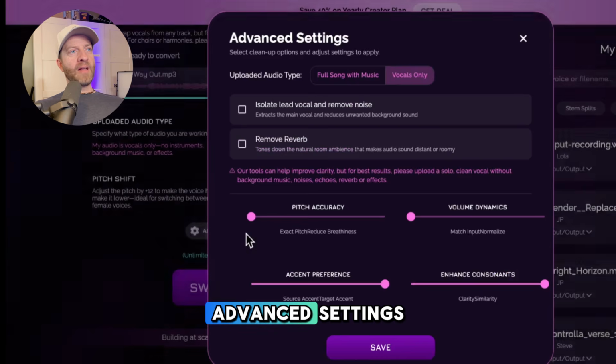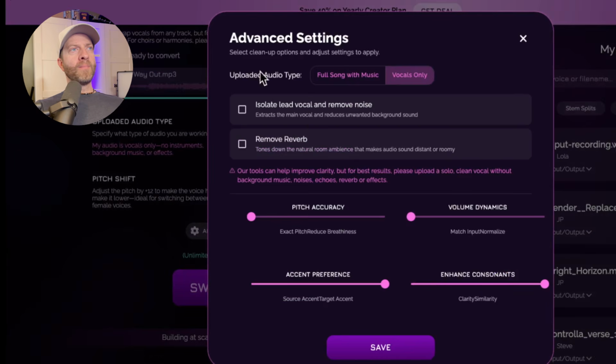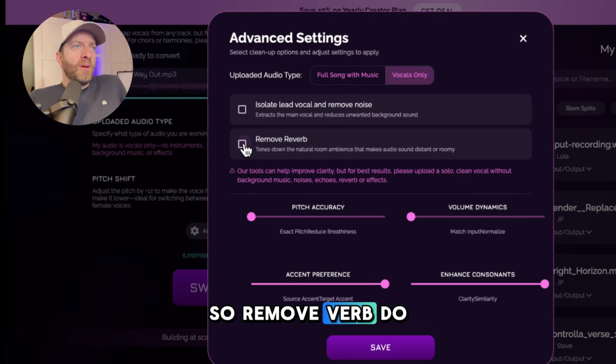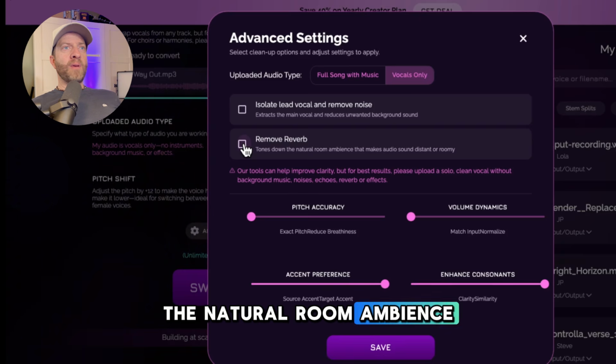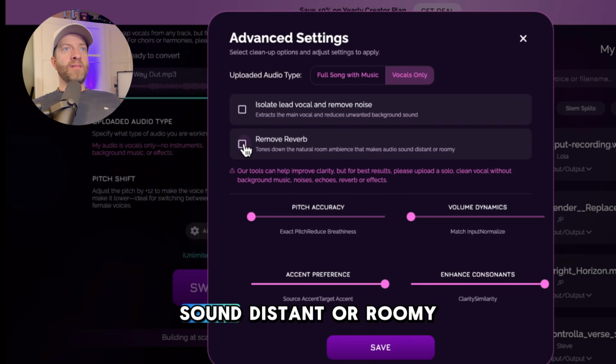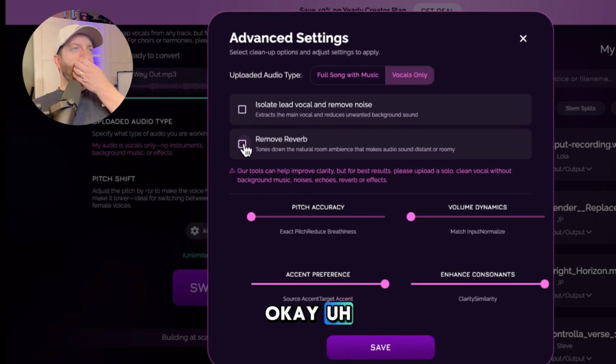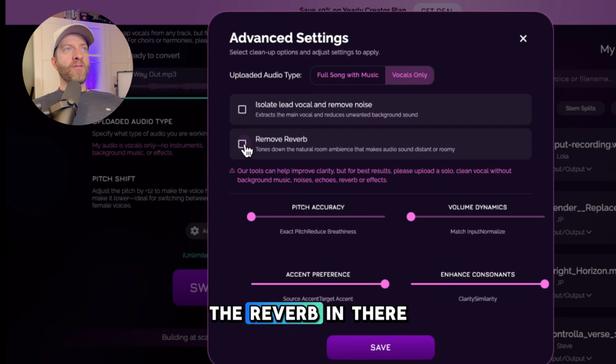Let's check out some advanced settings. So remove reverb. Do we want to remove reverb? Let's see, it tones down the natural room ambience that makes the audio sound distant or roomy. Okay, we're going to leave the reverb in there, and then up here it says isolate lead vocal and remove noise. It extracts. Let's extract this,